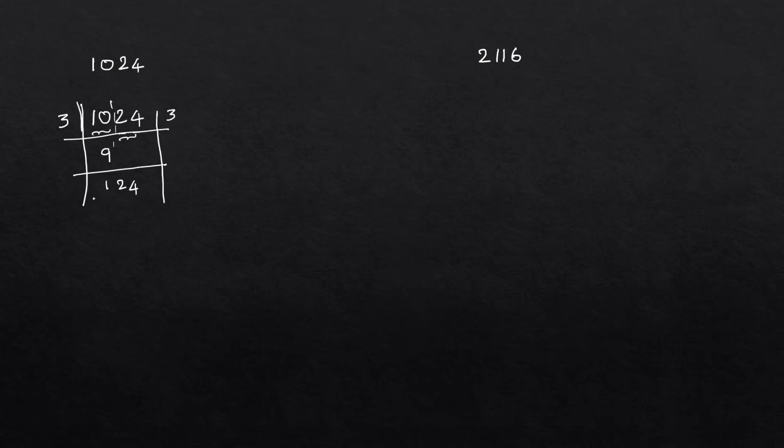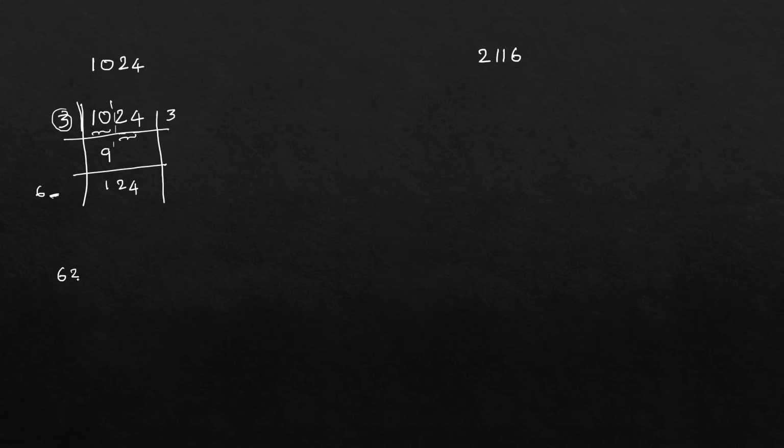And the next step is we have to double this number. What is double? Doubling means multiplying with 2. So 3 2s are 6, and we have to put such a number here that whenever we multiply that number with the whole number, we should get 124. Let me take 2.